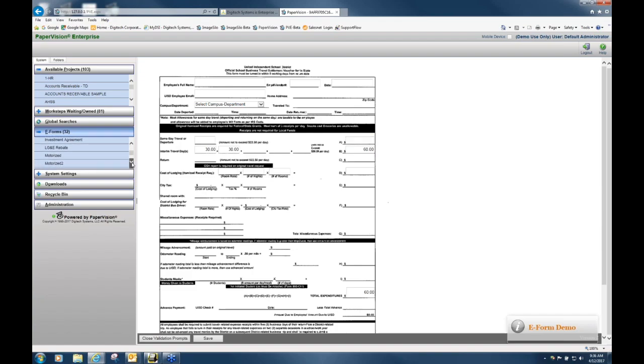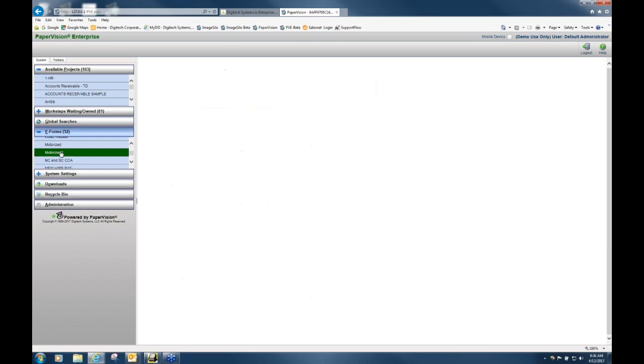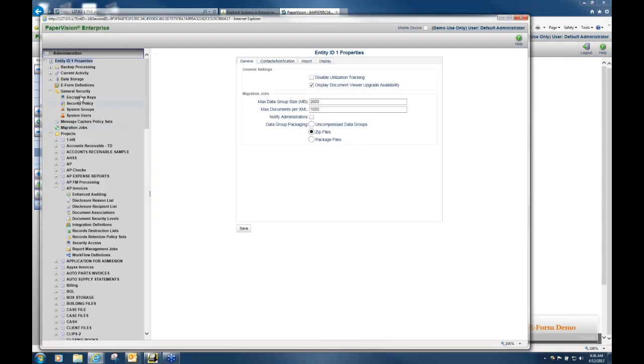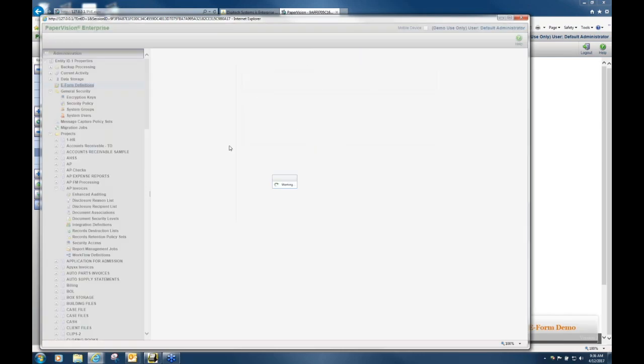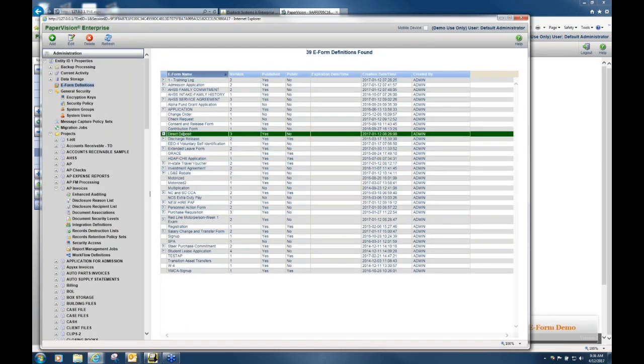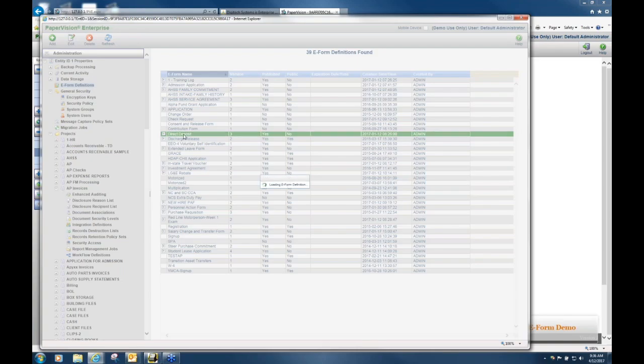We can do very simple ones like that bank deposit. We can do very complex forms with lots of data being captured. And the nice thing about this is that yes, Jeff and his team can build these forms for you, but we give you the ability to go out and build your own forms. So if I go into eForms definitions, if I go into that direct deposit form, for example, as easy as that one was,